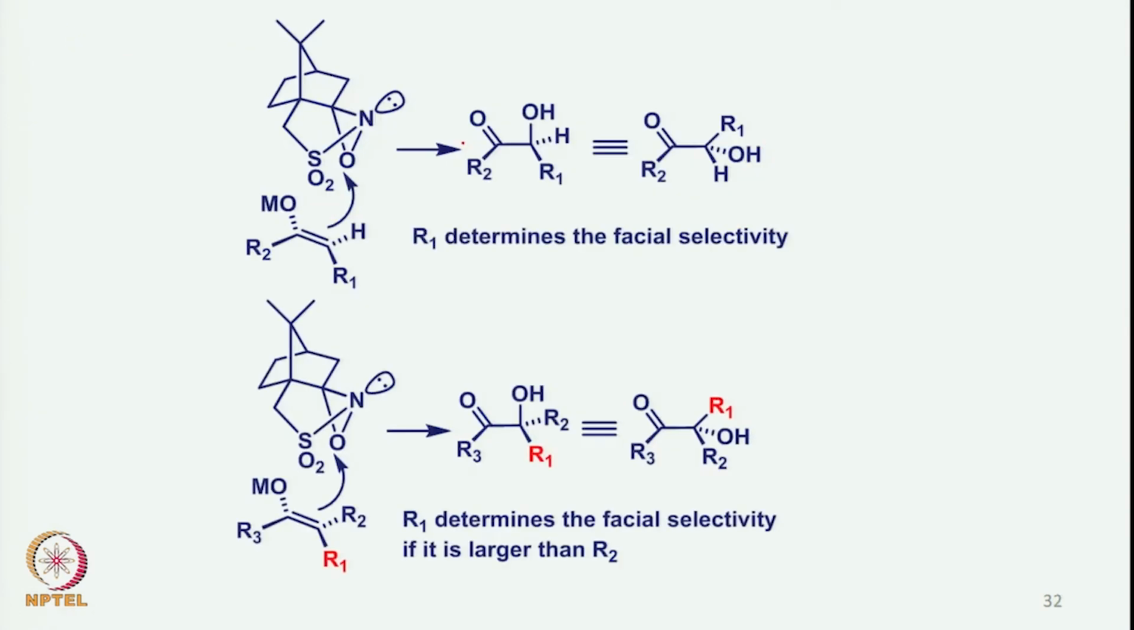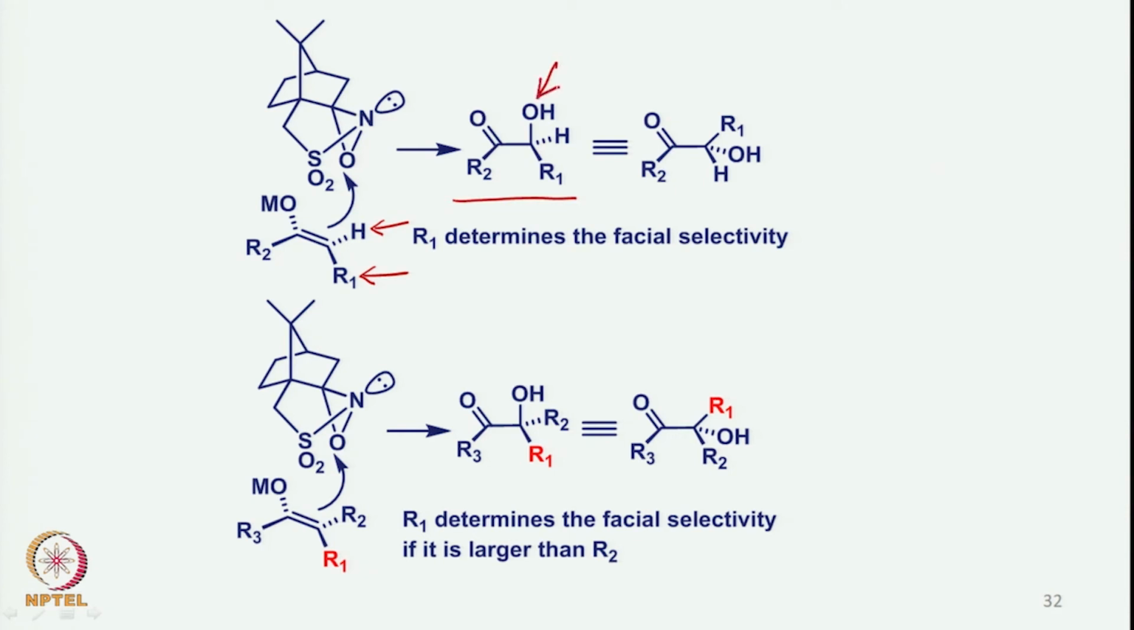Now how does this happen? Now why should it happen from the lower side? As I mentioned earlier, the enolate attaches to the lower part of the oxaziridine, with the hydrogen group that is smaller than the R1 group being at the backside, and the larger group comes toward this side, and thus the oxygen is transferred from the top, and that leads to the formation of this molecule here where the hydroxy group has come from